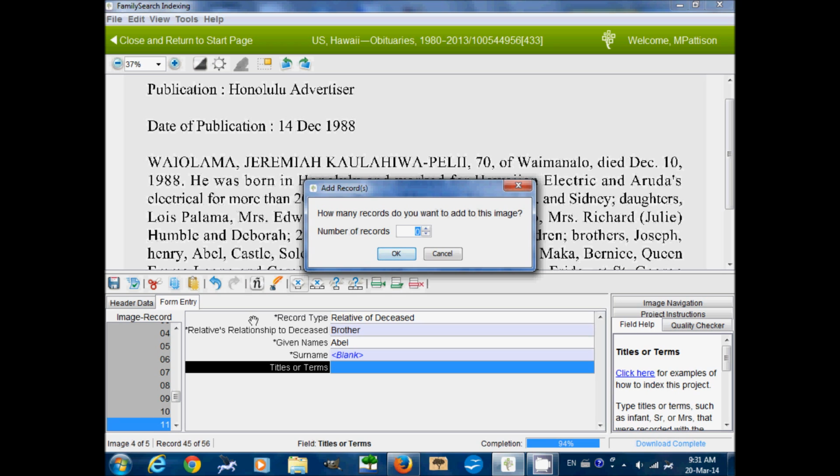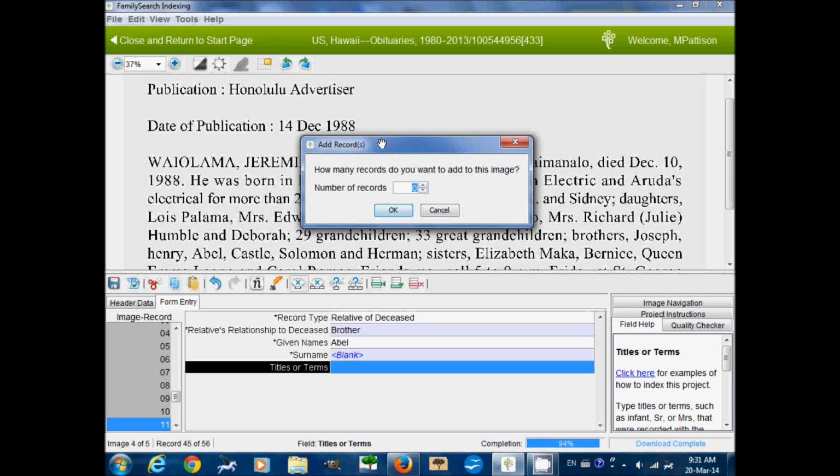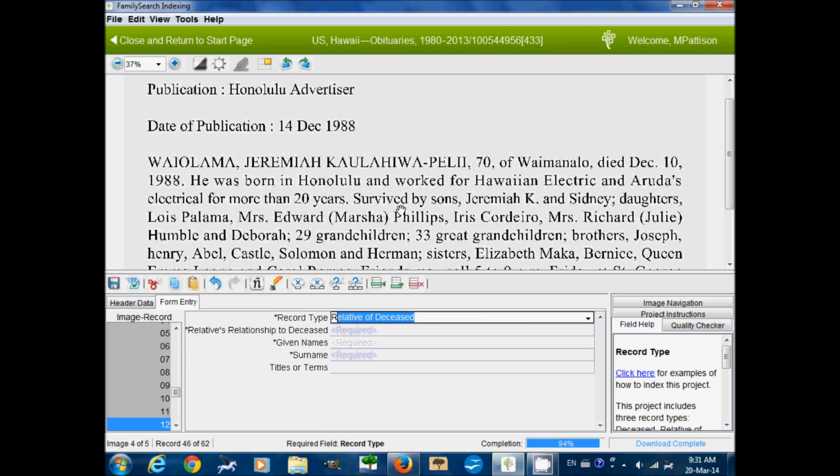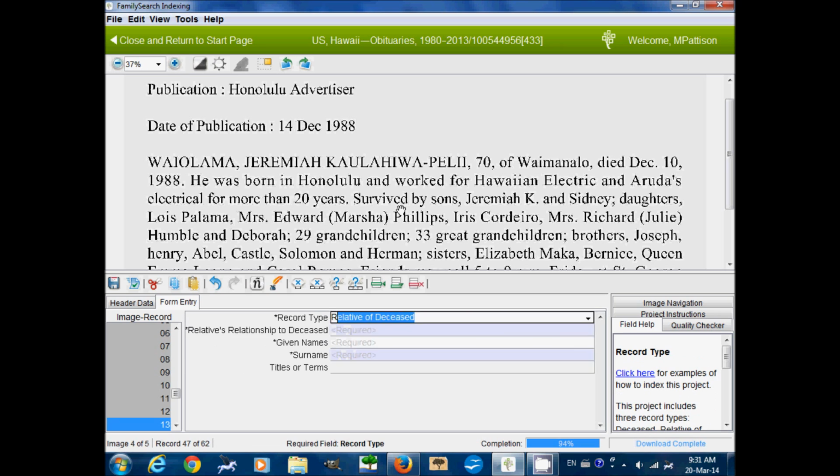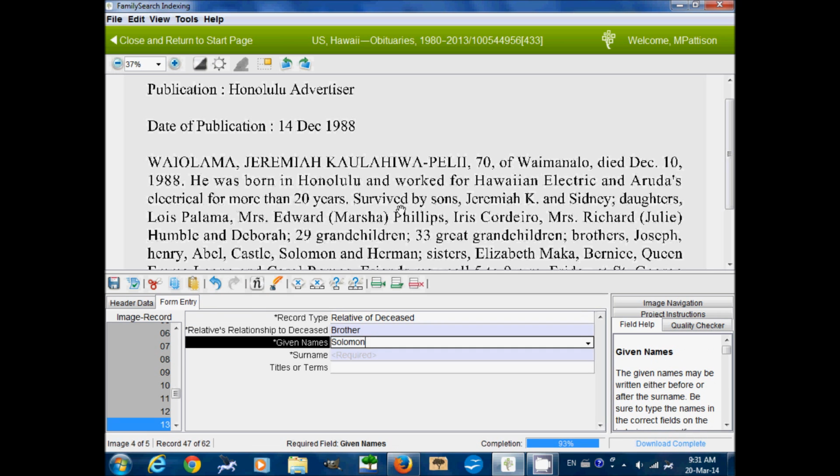I need more entries. And so I'm on Abel. I see there's Castle, 1, 2, 3, 4, 5, 6. And it's not going to let me scroll down to see more. So I need at least 6, so I'll put 6 for now. I'm probably going to need more. Relative, brother, Castle, Solomon,